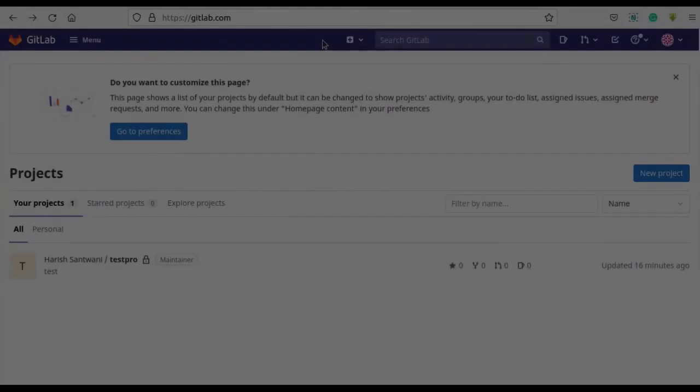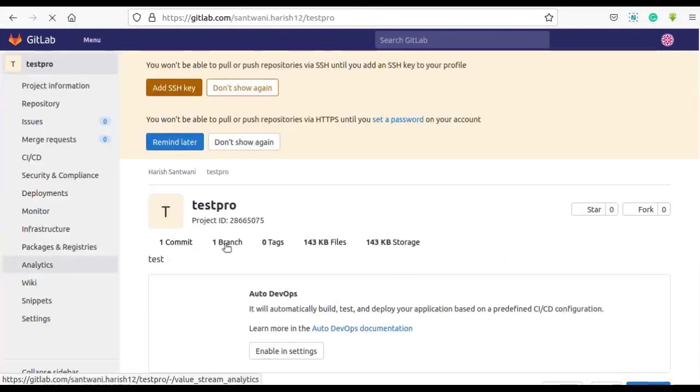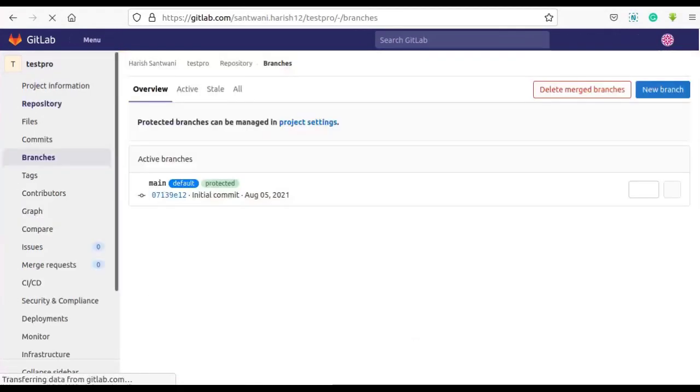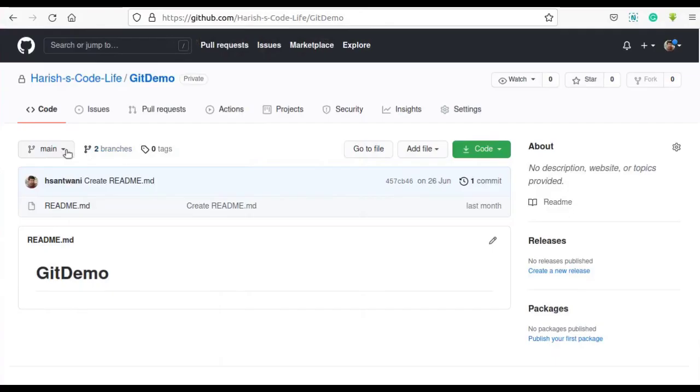GitLab later renamed the default branch name from master to main at the time of the Git version 2.31.0 release, as a part of the GitLab 13.11 release in April 2021, whereas GitHub changed it in October 2020.